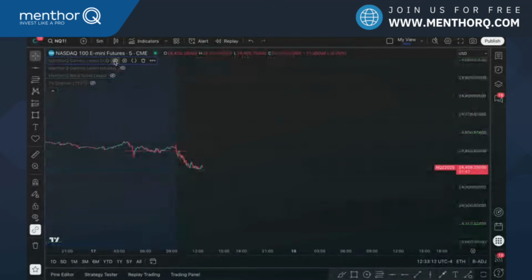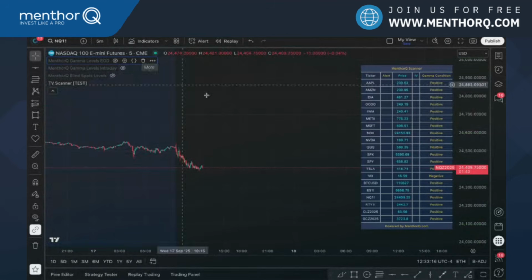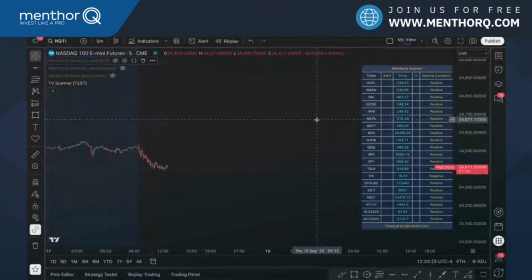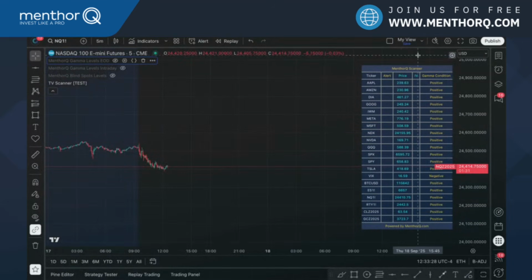The new thing that is actually coming this week is our scanner. So we are going to give you the ability to now have real-time alerts on levels by using the TradingView infrastructure. This is going to be released in the next few days. It's going to contain levels for the majority of assets that you would potentially look at, from ES to SPX to Max 7 and so on. These are the end of day levels.